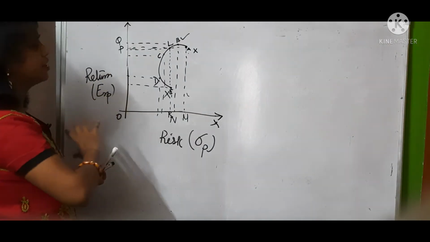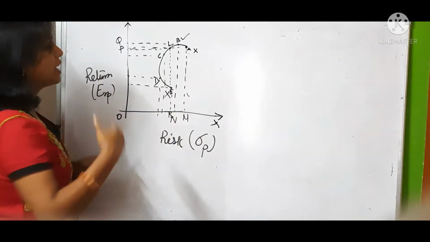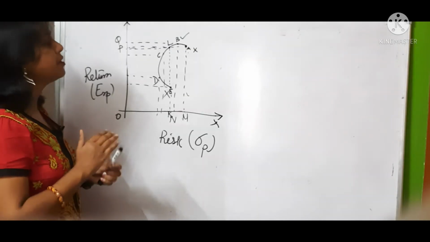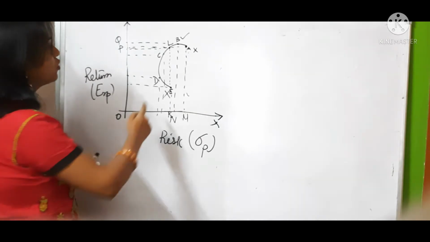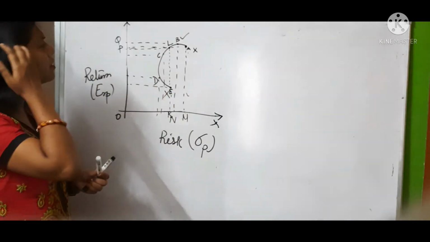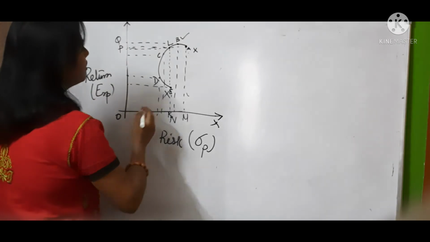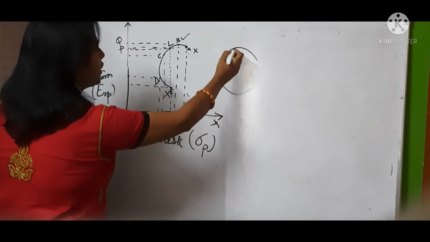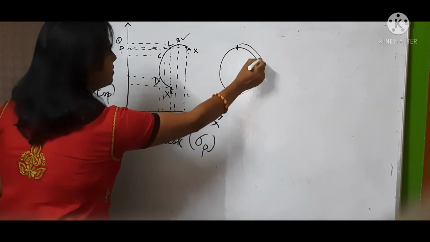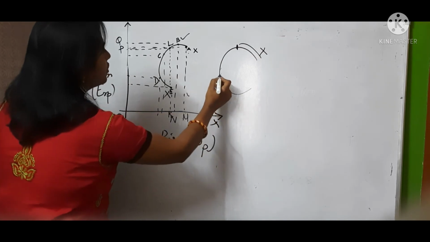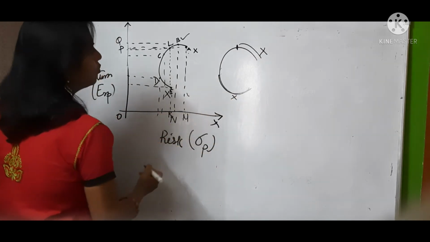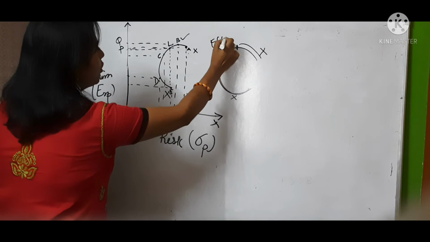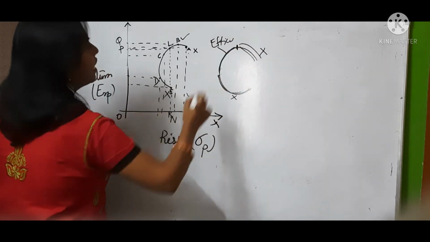So we could discover that points A and E are not efficient. Why? Either they are taking more risk and giving lesser returns, or they are taking the same risk but giving returns lesser than that of any other points on the efficient zone. Now I am telling you the efficient zone. What does this mean? When the curve is like this, the points on this side are inefficient and the points on this side are also inefficient. Why? Because the only points which are here are efficient, but the points which go either this side or that side are less efficient.